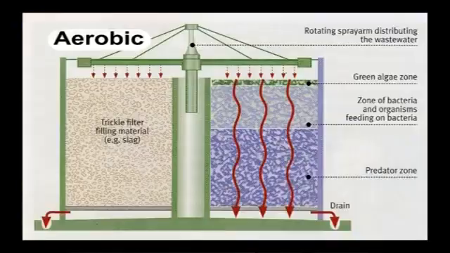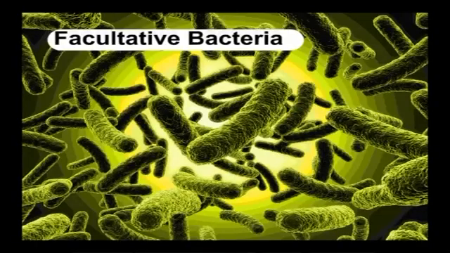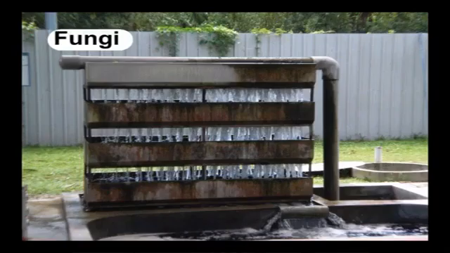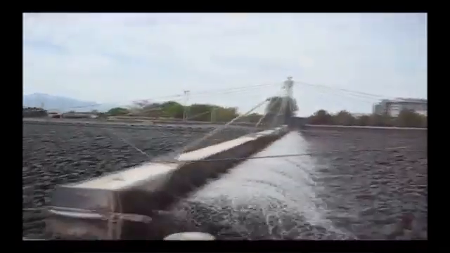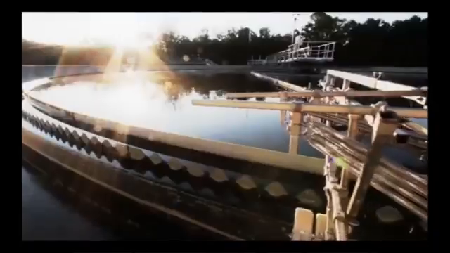Trickling filters enable organic material in the wastewater to be adsorbed by the population of microorganisms, which may include aerobic, anaerobic, and facultative bacteria, and also fungi, algae and protozoa, attached to the medium as a biological film or slime layer, which may vary from 0.1 to 0.2 millimeter in thickness. As the wastewater flows over the medium, microorganisms already in the water gradually attach themselves to the rock, slag or plastic surface and form a film.